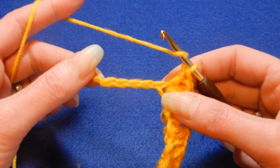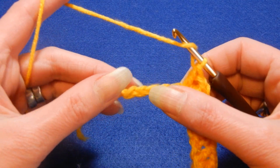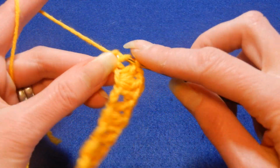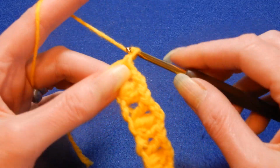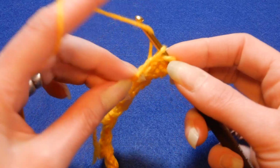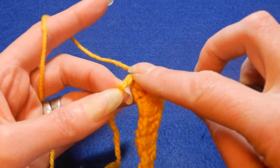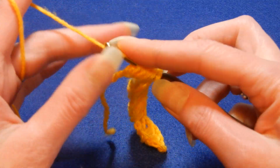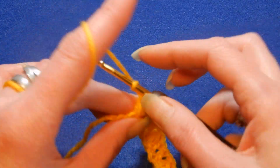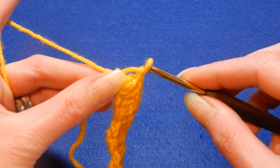Okay, so we're almost at the end. We're gonna skip the next 2 chains, and into the third we're gonna do the same, a double crochet, chain 1, and a puff into the same chain. So once, twice, and the third time, pull the yarn through all those loops, last 2, chain 1, and one more double crochet in the same chain,